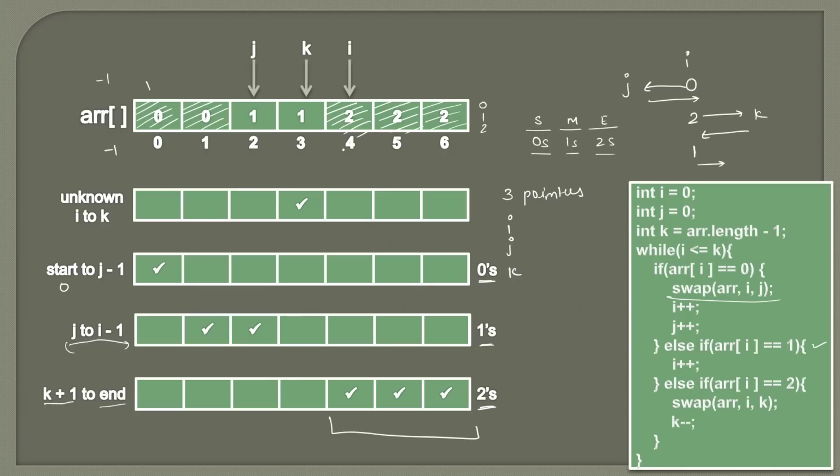So now every element is known. So this tick will go away. And where this tick will come? It will come here, because we have just placed 0 at its correct position. So we'll mark this as true. And as we have swapped 0 and 1, so this tick will go away and it will come here. So it would look something like this. So now if we match the range, we will see that unknown are from I to k. So I has actually crossed the boundaries. So every element is known now. So it's blank.